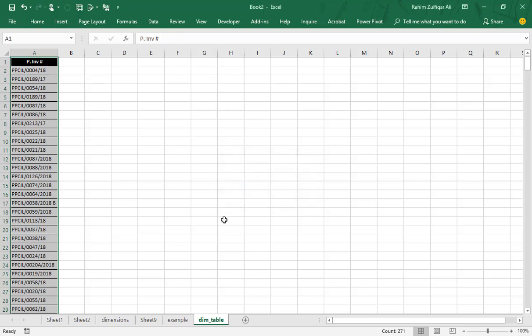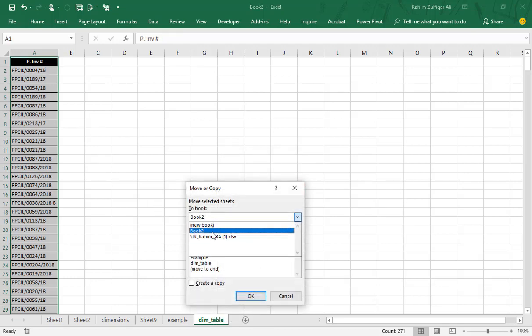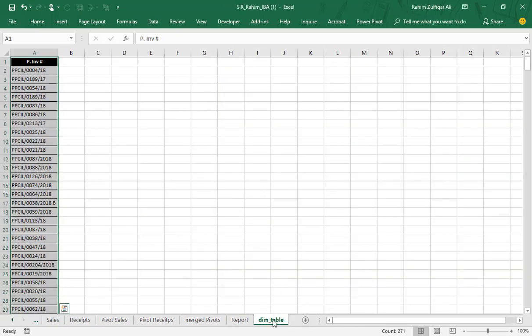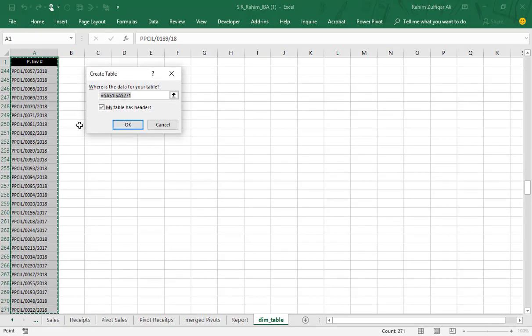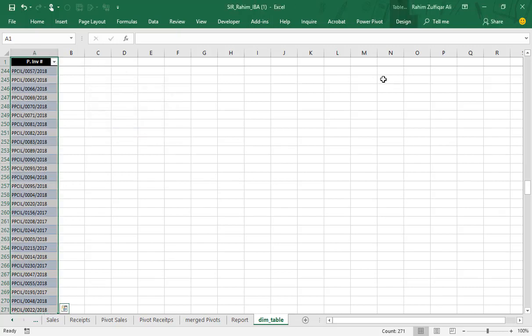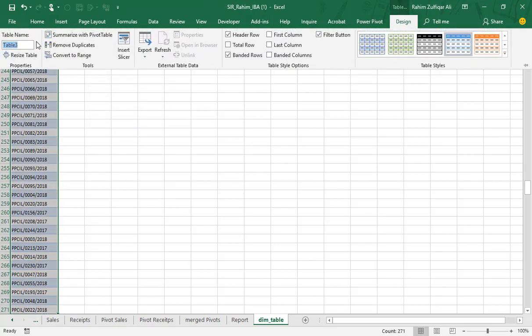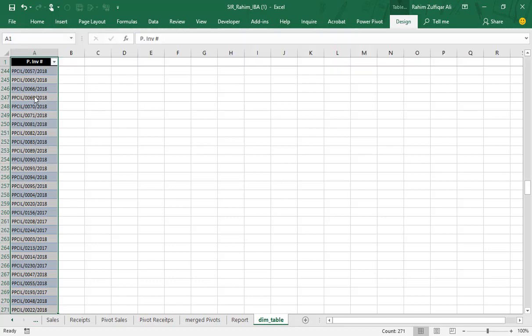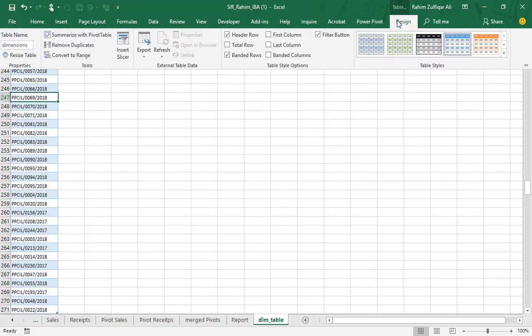No duplicate values found, and I will copy and move this sheet to my actual query workbook, which is the dim table. I will select this column and press Ctrl+T to make this range into a table. On the Design tab, on the left side, I will write a name for this table, which is dimensions. Alright, I created the name, dimensions, here.